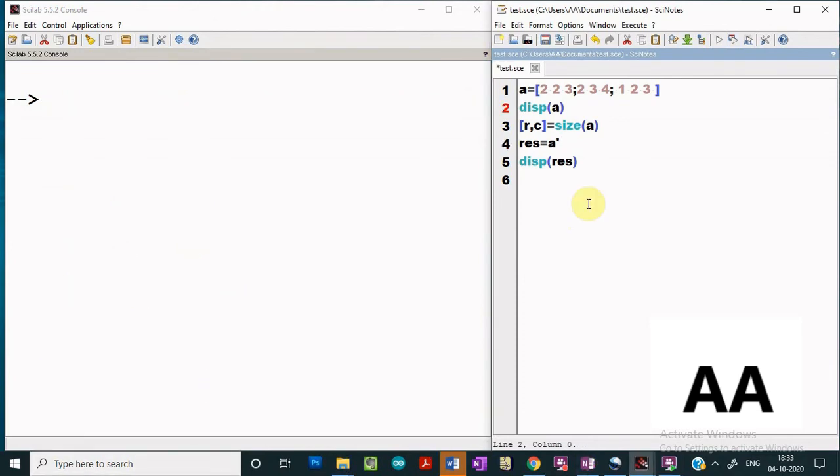Now if we have to define a column matrix, let us see how it can be done. 1 semicolon 2 semicolon 3. Display.